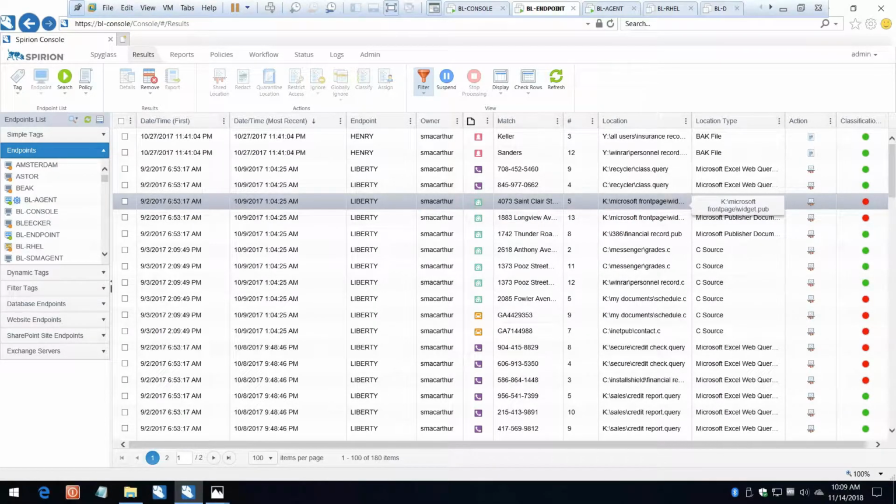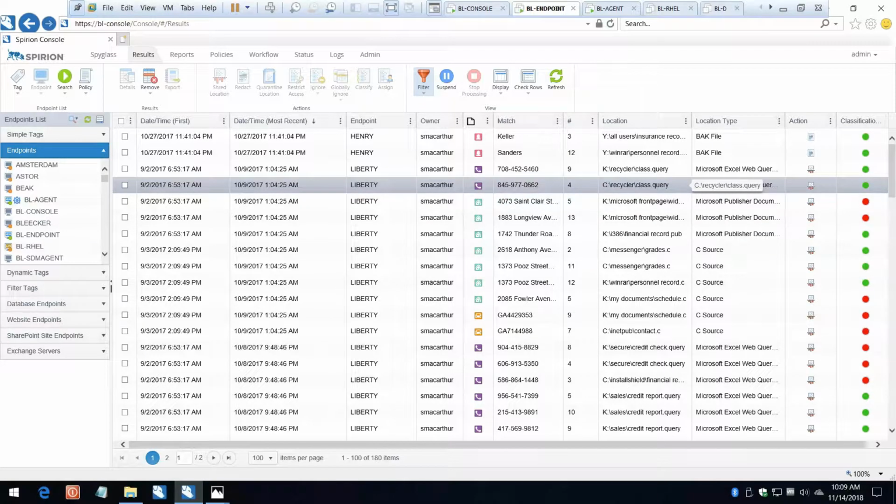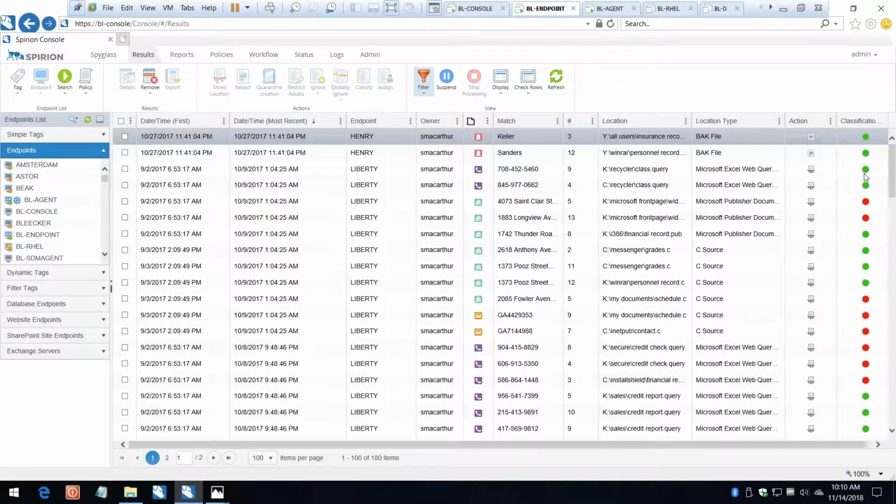So you can actually understand, if you were to sit down and map out where that data is located, you can understand this. This happens to be a K location, so this is a K mount. C drive on a desktop. If it was an Exchange environment, it would be the mailbox username. It would be the folder in which the data was discovered, the database table, things like that. And then you can also see the classification that's been assigned as well, and we'll talk briefly about that.